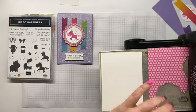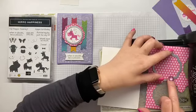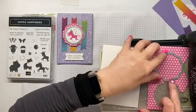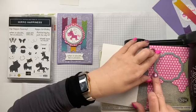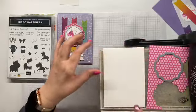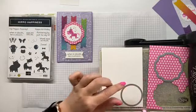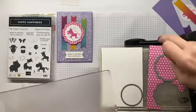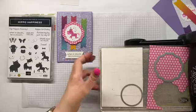So I'm going to be really smart and cut both of these in one pass. Or at least I'm going to try. And scarily, even though they're polka dots, I still kind of want it straight, and try and conserve as much paper as I can, so I can still use strips and stuff, even though